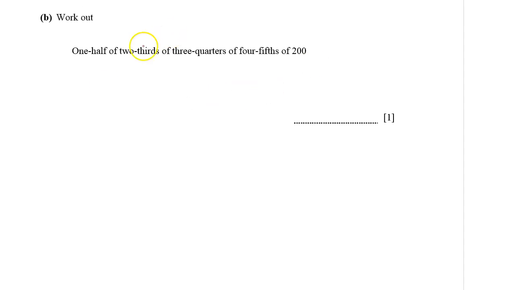Part B, work out 1/2 of 2/3 of 3/4 of 4/5 of this. Okay, right? So "of" basically means multiplication. So I can just use multiplication right away. So I'll write 1/2